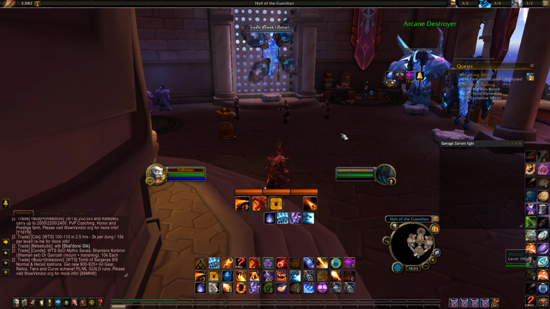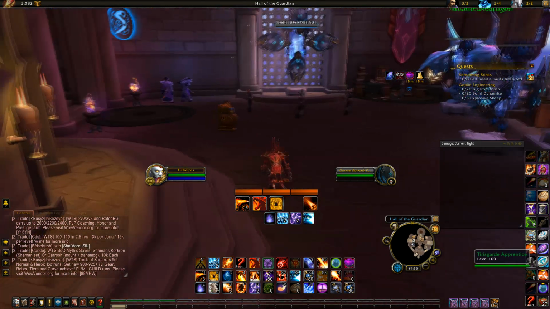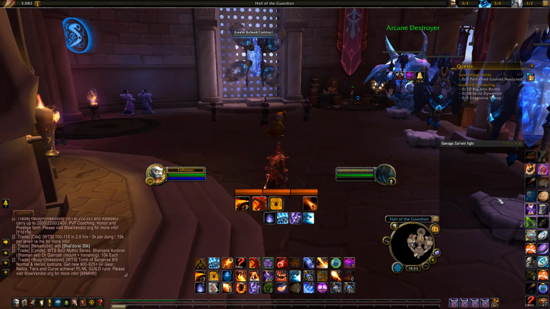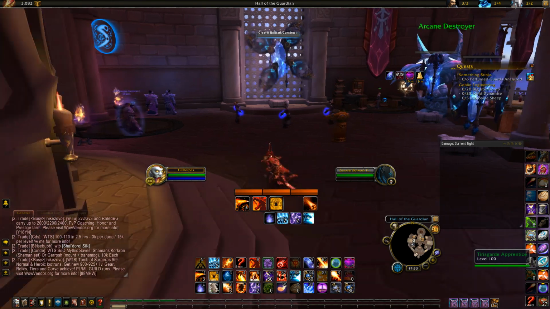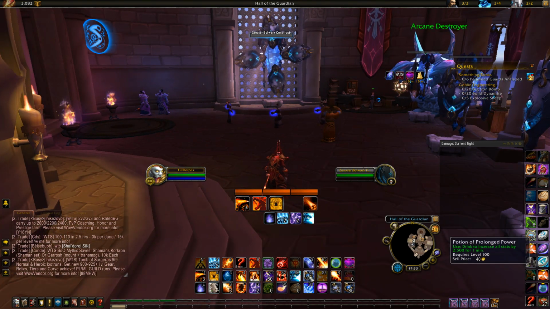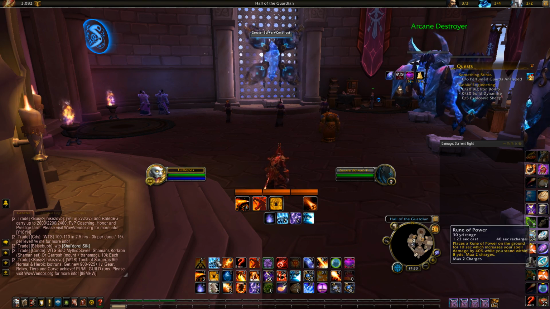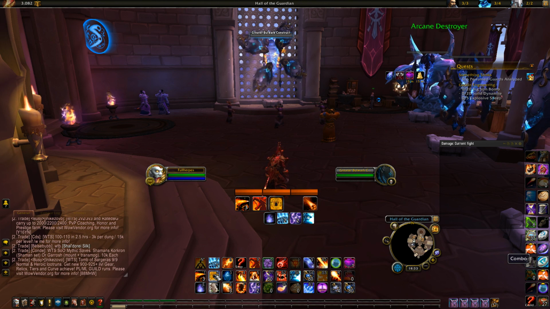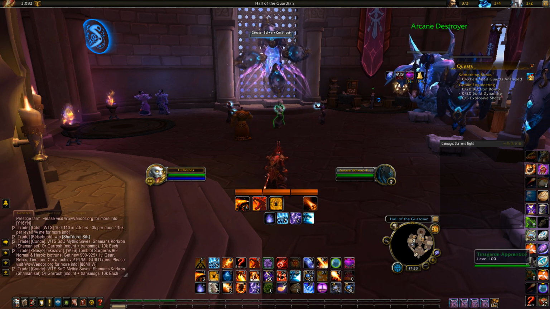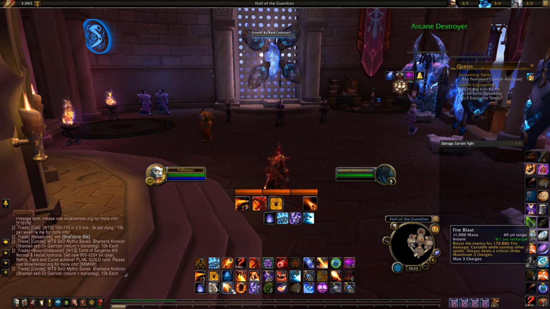Okay, so guys, I'm going to show you the rotation with the legendary bracers, and afterwards I'll show you the rotation without the legendary bracers when I'm using Mirror Image. So a quick thing about the opener: you want to take a pre-pot, precast Pyroblast or Fireball, use your Meteor, Rune of Power with your Combustion. And then if you did get a Heating Up proc from the Fireball or Pyroblast, you go straight into Fire Blast,